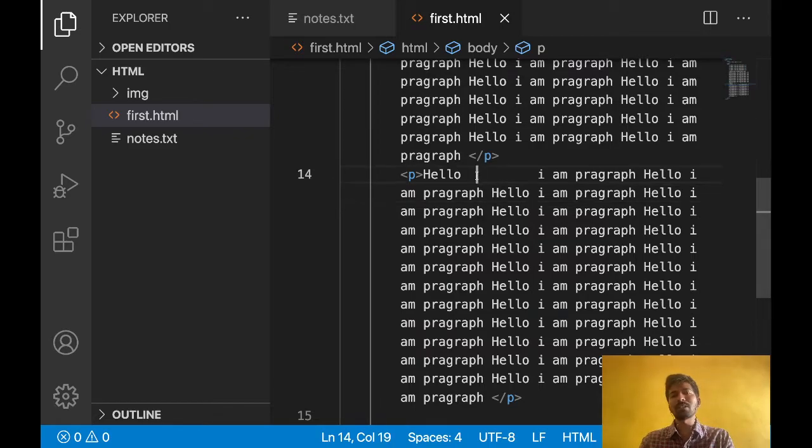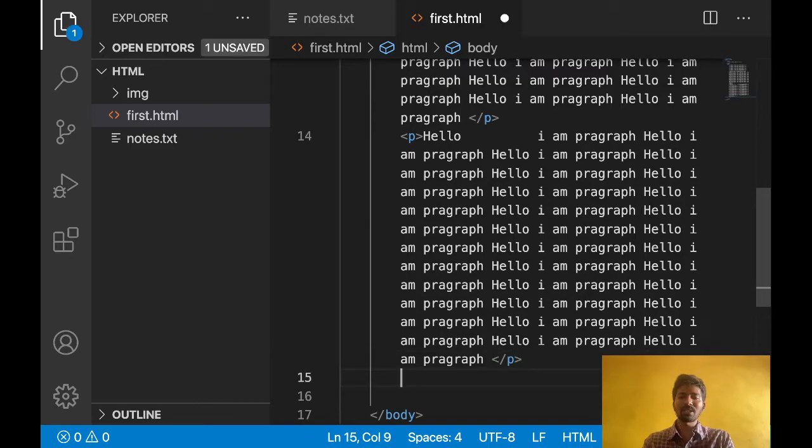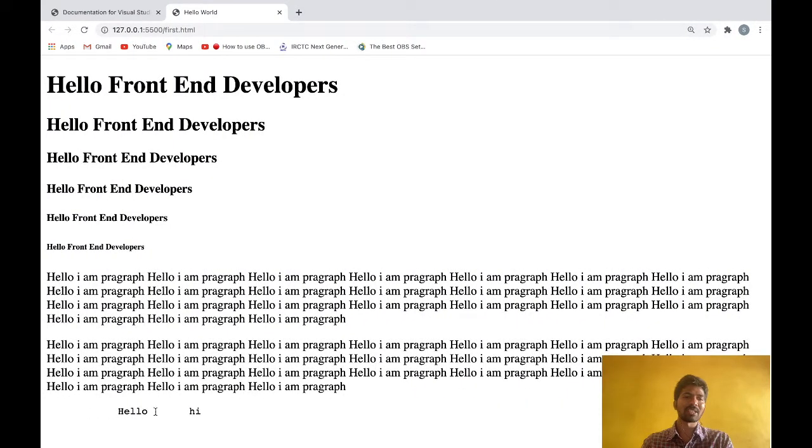So if you want the browser to consider whatever space you are giving, then you can use the pre element. So let's use the pre element. Hello, after hello I am giving some space. Hi, now let's see whether that will come or not. See, that space is coming.